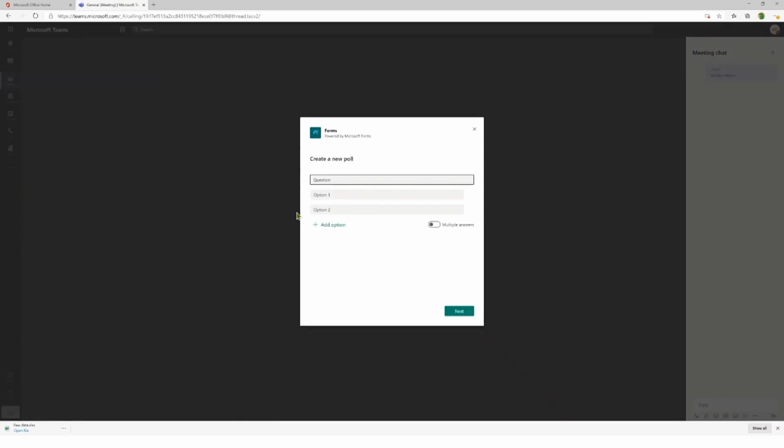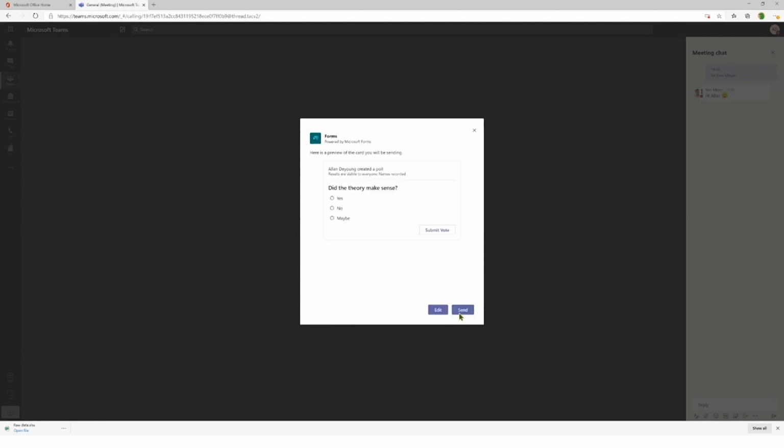It's going to ask me what I would like to do. So what is my question? Did the theory make sense? And I'm going to put a question mark after it. You'll notice that it's suggesting some options that I can use. Before we do too much on this, we're doing some forms tomorrow. But I'm going to add all those options, and then I'm just going to post my question over to the meeting area.